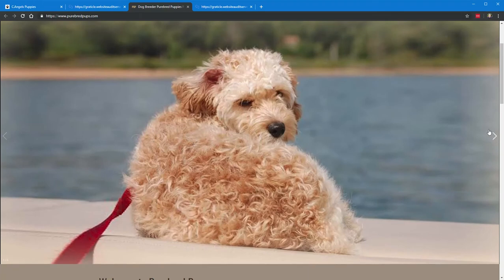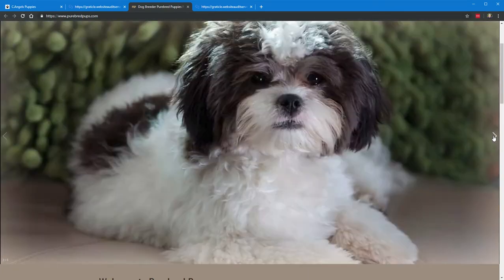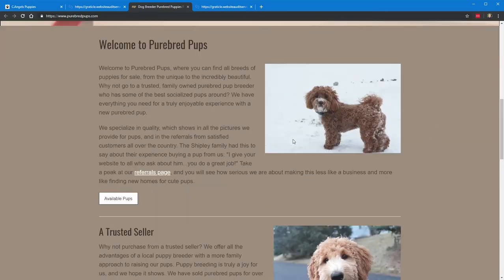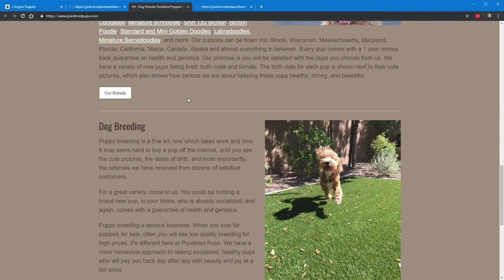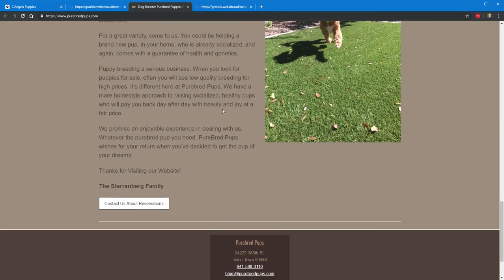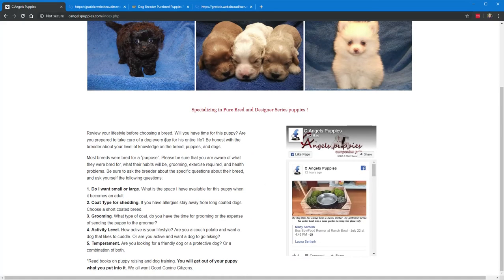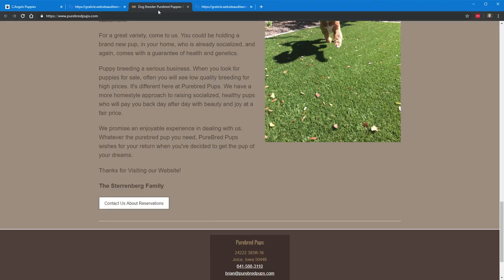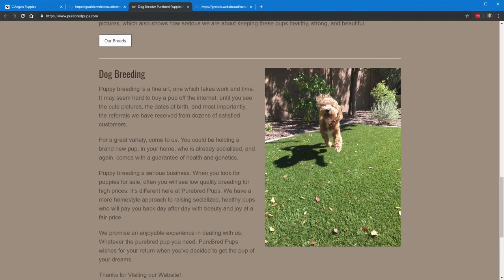This one does a little bit better as far as larger pictures of the animals, which is what people want to see. They kind of go through here, tell a little bit more of a story, talk about the different breeds and stuff, and it's just telling more of a story versus this one that tells a little bit of a story, but it's really more informational, and this one's getting more into a story and connecting with the people that own this organization, and it just